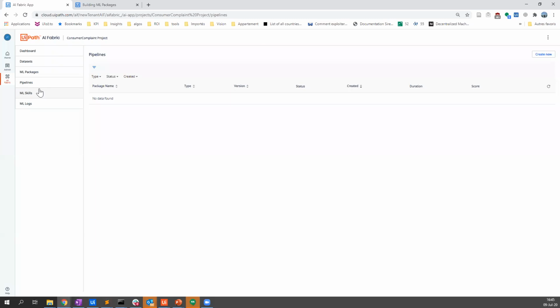One thing that I would say as general usage for AI Fabric and RPA is do not forget that you can involve humans with RPA, meaning that it's not the model alone that is going to run with no control. Even if you have kind of bad accuracy at the beginning, you can still involve a human, but have the model running and suggesting solutions to the human. It might speed up the process, and anyway, it will be a good way for you to gather new data and to retrain on this new data to make the model better.